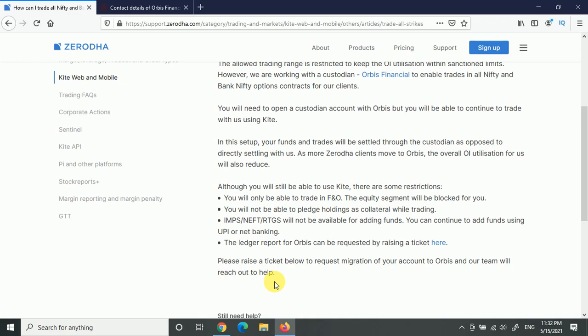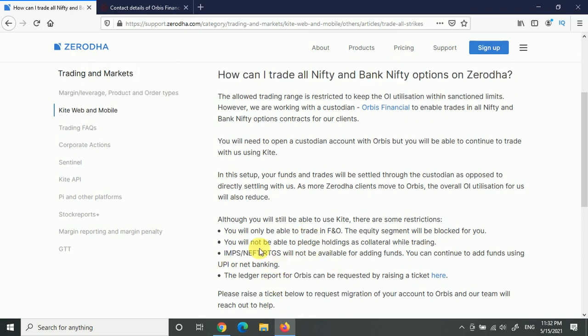All the money you will be getting, that also you need to withdraw, and then once your account is transferred, they will tell you okay, your account custodian is now transferred over there. Then you can add the fresh funds. And as I was informed by that person, there were no charges, but these are the restrictions you will be having. So based on that, you will not be able to trade in equity in Zerodha. So these are the restrictions. Based upon that, you can take your decision.